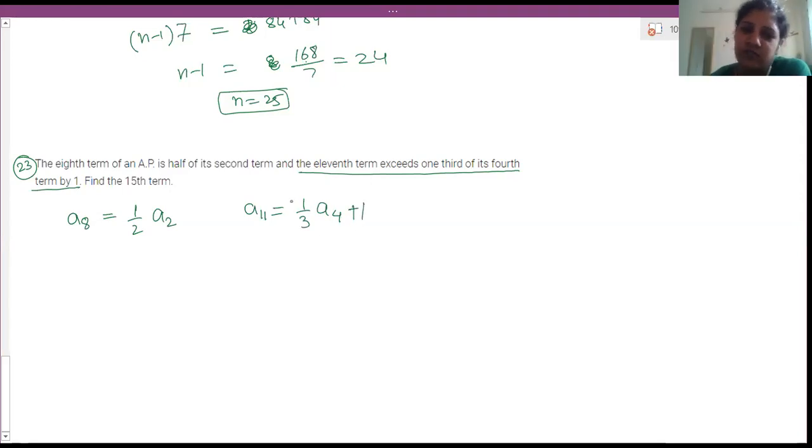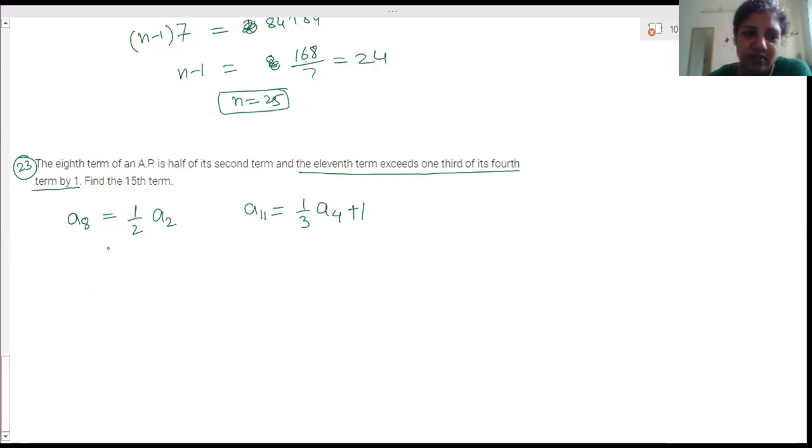Well, simplify this way. First you have to write it, always keep the habit of writing this and then substitute. If you go wrong at the end, from where will you start checking? It makes rechecking easier also. Now substitute the values. Is that clear, Khushi and Shrita? Yes, ma'am. Then substitute the values. A8 is A plus 7D, half of A plus D.